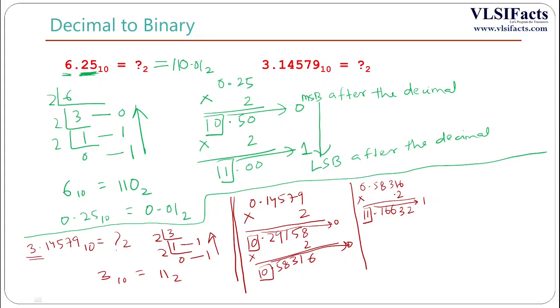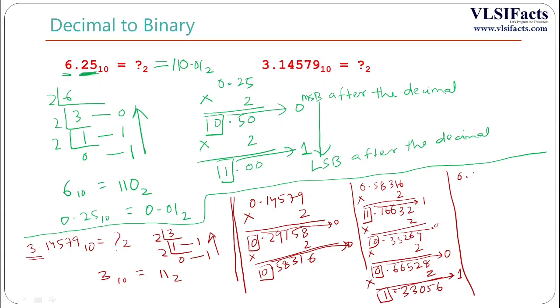0.16632. That means we will only multiply 2 with the fraction part, not with the whole number part. And this will be 0.33264. This 0 will be collected. Multiply this with 2. This will be 0.66528. Collect this 0. Multiply this with 2. This will be 1.33056. Collect this one. Now I will multiply